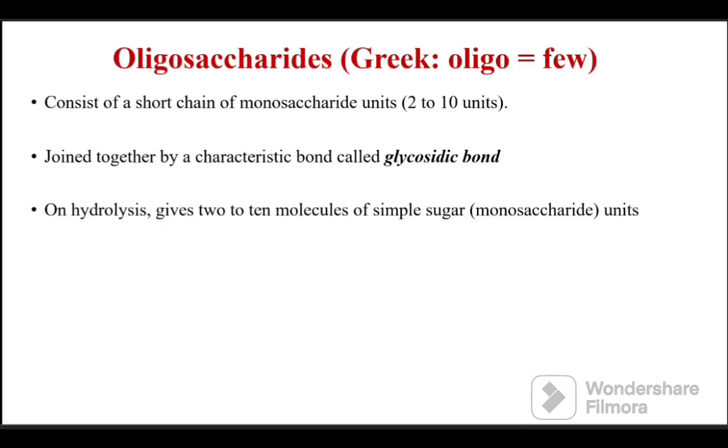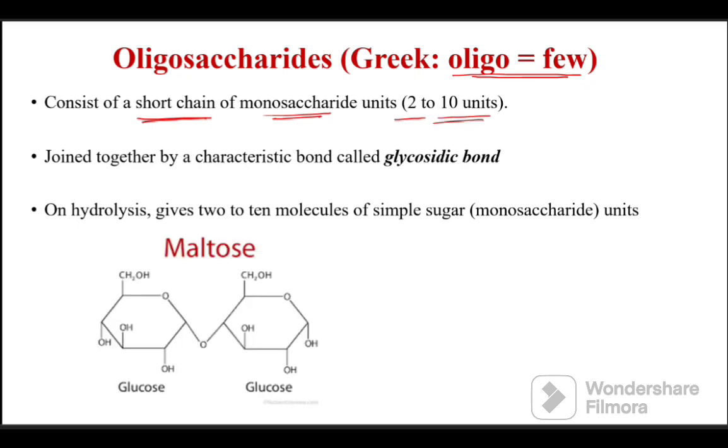Now coming to oligosaccharides, oligo means few. These consist of a short chain of monosaccharide units. This few can be 2 to 10 sugar units. The individual sugar units are joined together by a special bond called a glycosidic bond. The individual sugar units present in an oligosaccharide are joined together by a special bond called a glycosidic